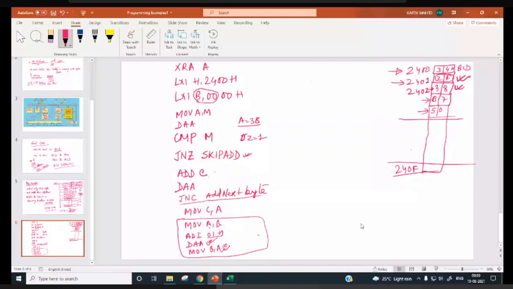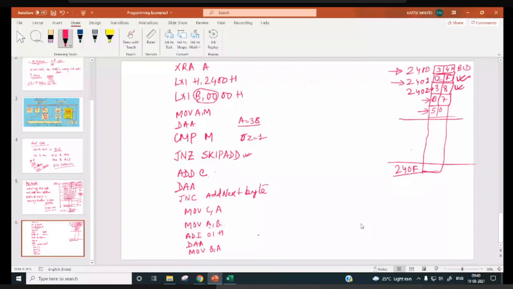So now if carry is not generated, then what we have to do? We have to go for add next byte. Or this also we should write as add next byte, right?